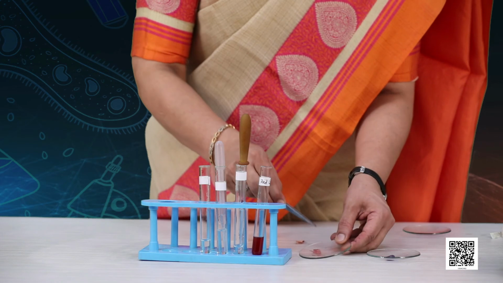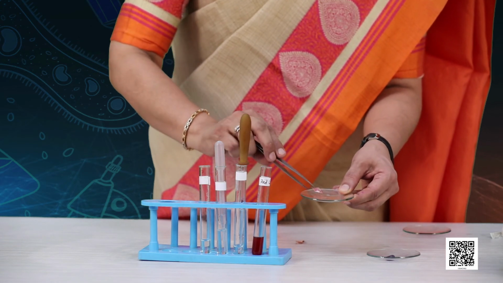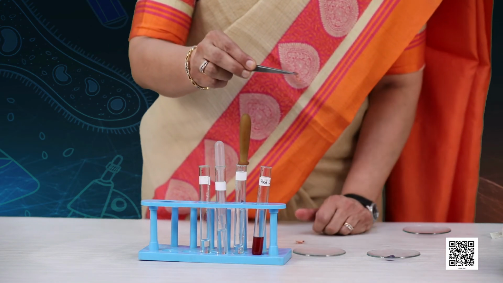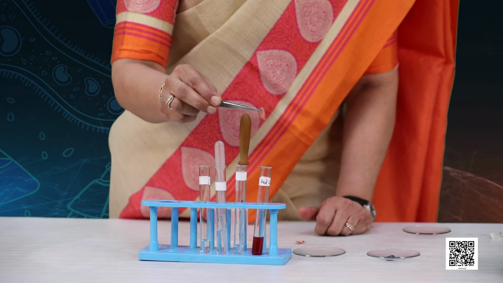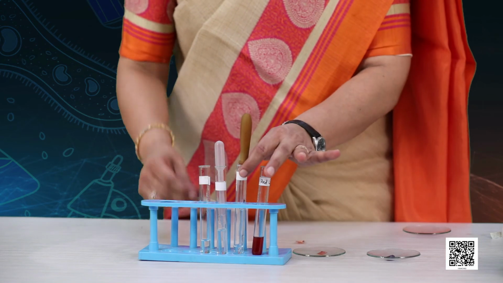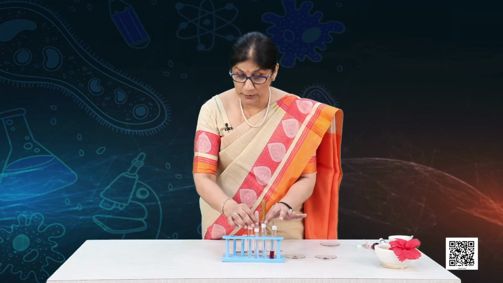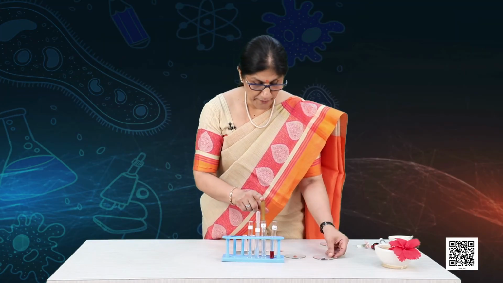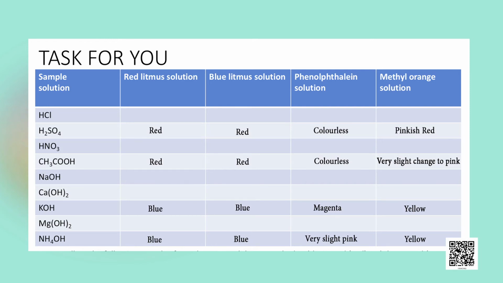And what about test tube B? Yes, the color is changing. It is changing to red, isn't it? It has changed back to red color. That means test tube B has an acid. So, our experiment is complete and the quiz is complete. A contains water because it had no impact on red litmus or on blue litmus. B contains acid because it had no impact on the red litmus, but it changed blue back to red. And C contains a base because it converted red to blue.